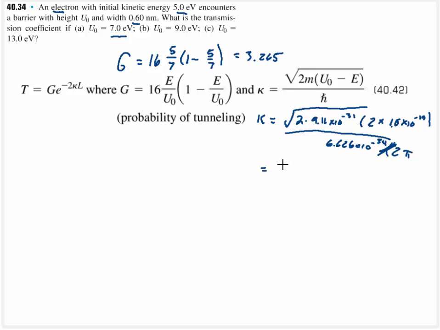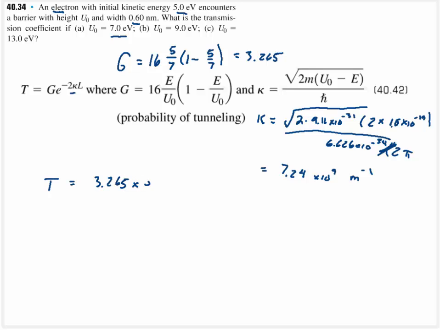It's going to be equal to 7.24 times 10 to the 9th. And actually, it's going to have a unit of inverse meters to make all that work out. And so we're going to get a transmission probability that's going to be equal to